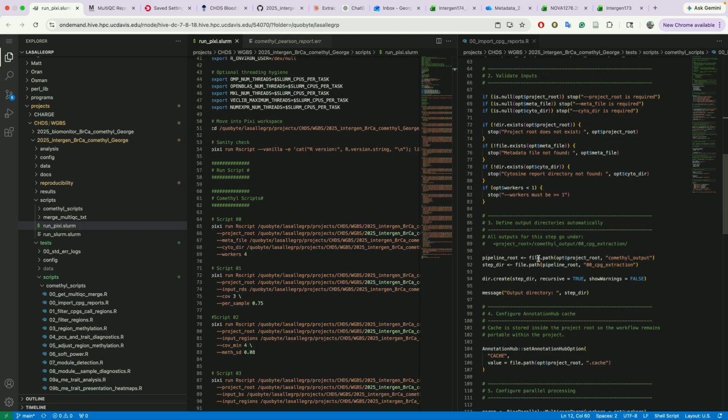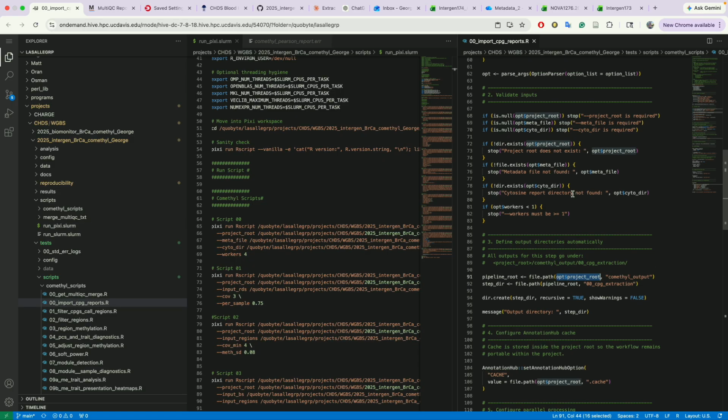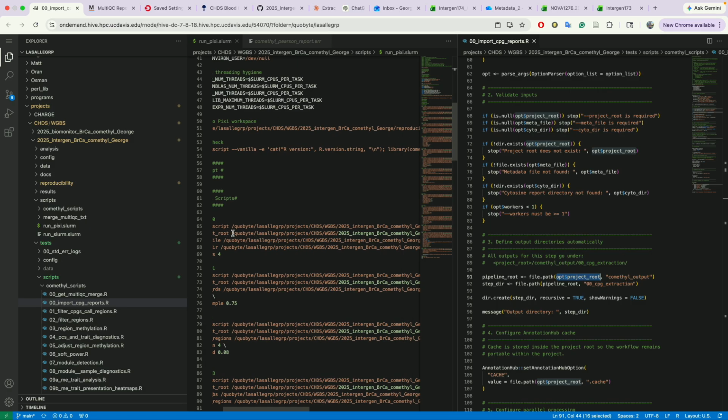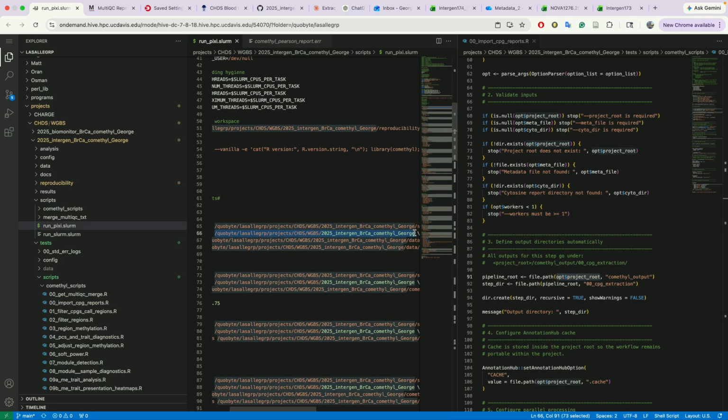So output is going to be your project root. So it's going to be opt project root. Remember how we set the project root to be this in this case? That's going to be the output of the pipeline, and then it's going to make another output called Comethyl output. That's why I was saying we don't need to make an output right now, because that's going to be automatically generated by the script. And then within the Comethyl output, it's also going to make a step directory, and then it's going to take the file path from the pipeline root, which is this one,